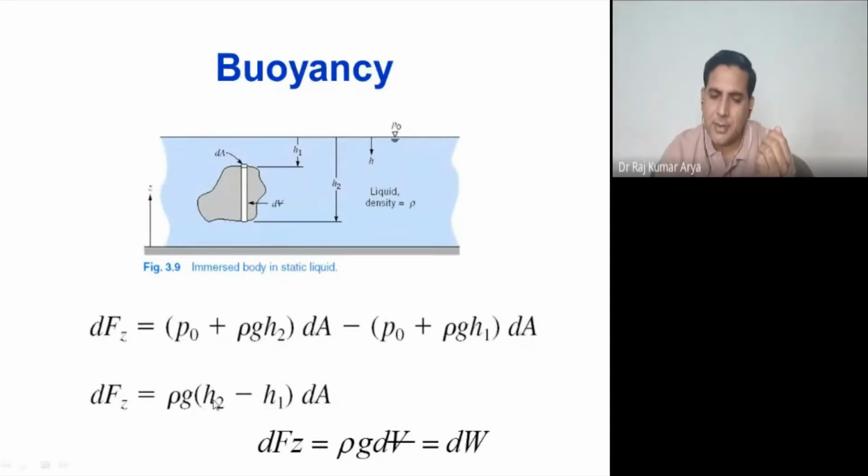Now, if you calculate here, you have the area multiplied by height. Let's say for the time being you have a cylindrical body or a rectangular body or any cuboid, you know the base area, you can multiply by height. So base area multiplied by height is called volume. So this is volume only. Volume multiplied by density is the mass, and multiplied by g is weight.